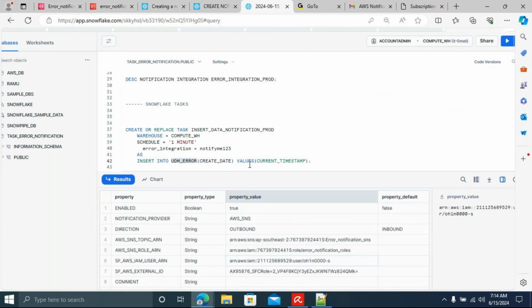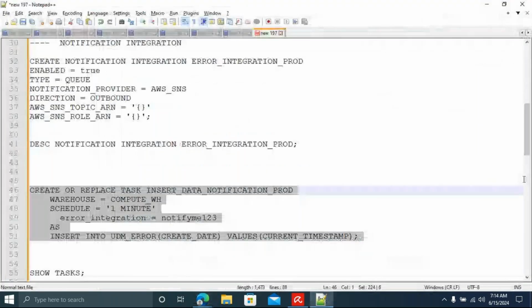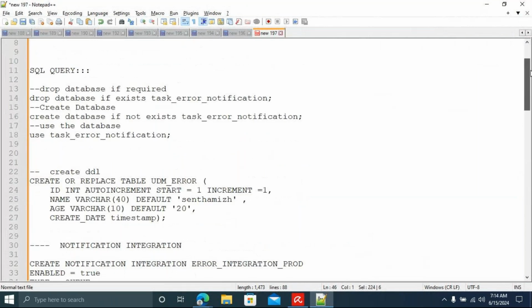And then the value I'm giving is current timestamp. The current timestamp function gives the date, month, year, hours, minutes, seconds, and milliseconds. Now, why am I giving only a single column here? Anyone? Any thoughts on this? Sir, a default column is available. Yeah, that's why I said it's optional.